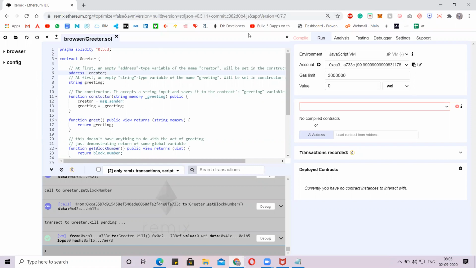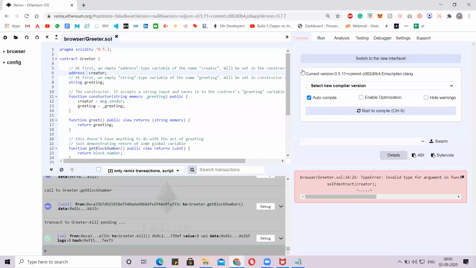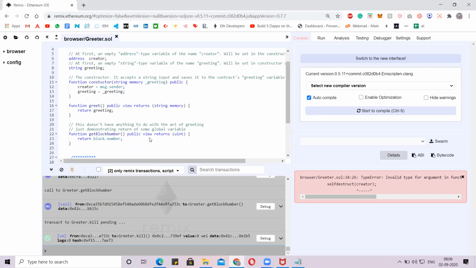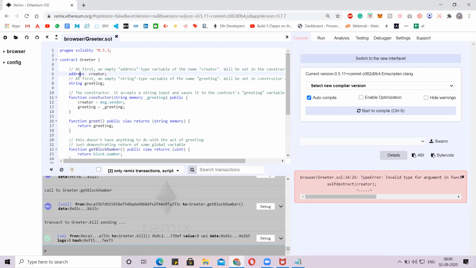Now can you see, after removing payable, we definitely get an error message, because to kill the contract, the address which we deployed with has to do a transaction. But what we have mentioned is that the creator address is not payable. I mean it doesn't have the right to do a transaction. That's the reason we got an error now.